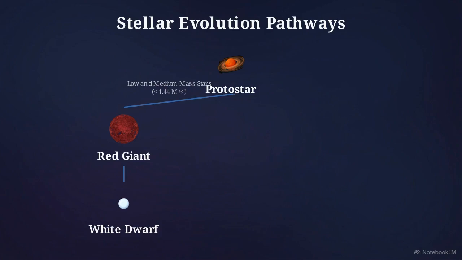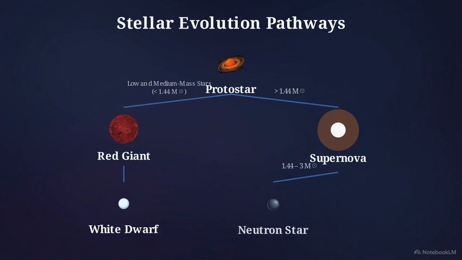Stars that exceed 1.44 solar masses carry enough residual helium in their cores to sustain a secondary fusion chain. This immense internal pressure eventually blows the outer envelope apart in a violent supernova explosion. The remnant of that explosion follows one of 2 final paths. If the mass sits between 1.44 and 3 times that of our Sun, it compresses into an ultra-dense neutron star. If it exceeds 3 solar masses, gravity overcomes all outward atomic pressure, collapsing the core into a black hole.